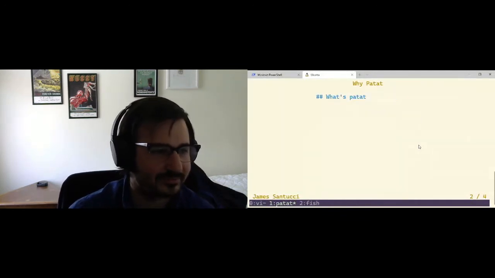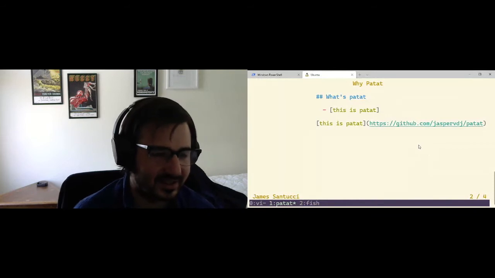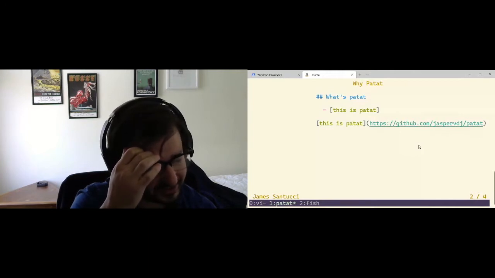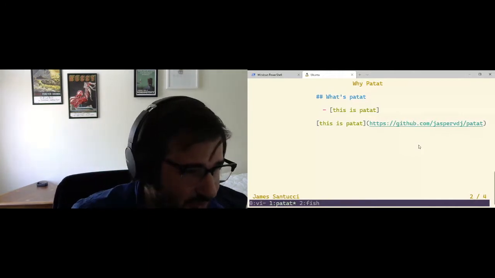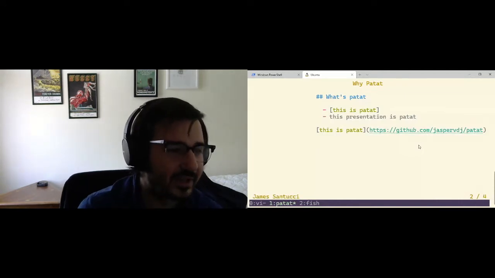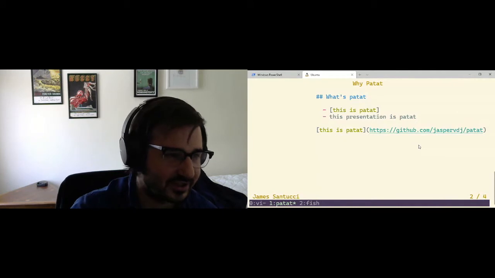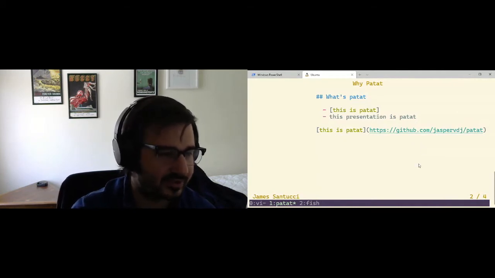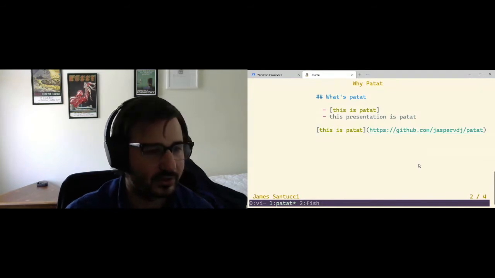So what is Patat? It is a GitHub project maintained by Jasper van der Jeugt. I never remember what the J stands for. Who's a prolific open source Haskeller. This presentation is written in Patat. Patat stands for presentations atop the ANSI terminal. So what it lets you do is create presentations without ever leaving the terminal window that you probably spend